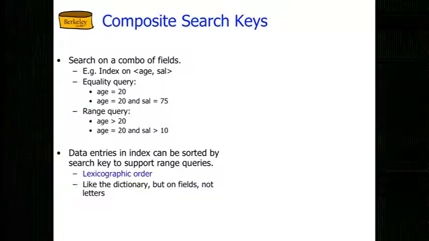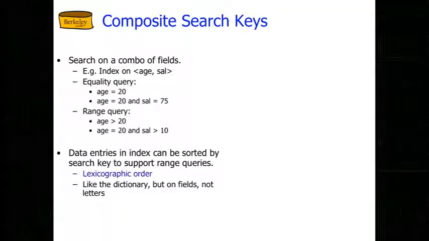And this is because this thing is going to be lexicographically ordered in the bottom of the index. So asking for salary equals 75 is kind of like going to the dictionary and saying, find me all words where the second letter is E. Where are all the words where the second letter is E? Well, there's some in the A's and some in the B's and some in the C's and some in the D's, right? What a bummer. Same deal here. If it's sorted by age, and then per age it's sorted by salary, all the people with salary equals 75 might be in every single age. Make sense? So you can only do lookups that go down a prefix of the fields in the search key,